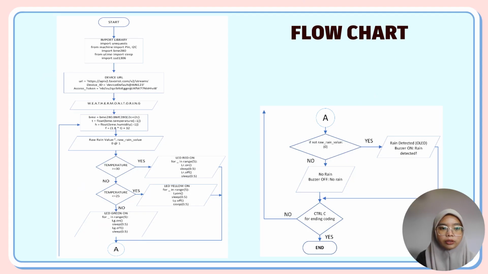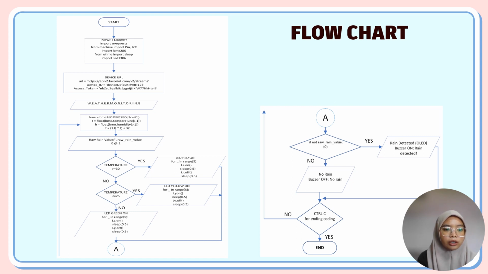As the temperature is less than 39 Celsius and more than 34 Celsius, the LED green will blink 5 times. Next is the flowchart. First, start upload. ESP32, import the libraries, and the terminal will display weather monitoring. The BME280 will measure temperature in Celsius and Fahrenheit and humidity in percentage. The terminal also will display the rain value,